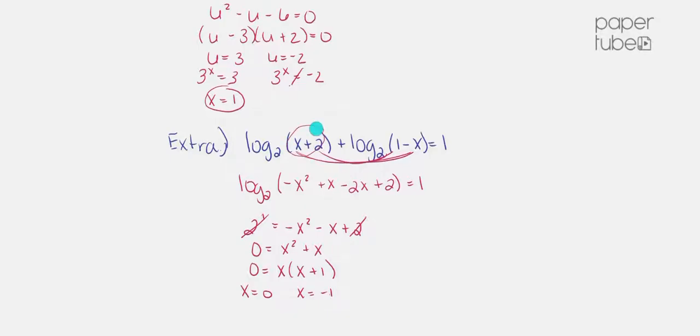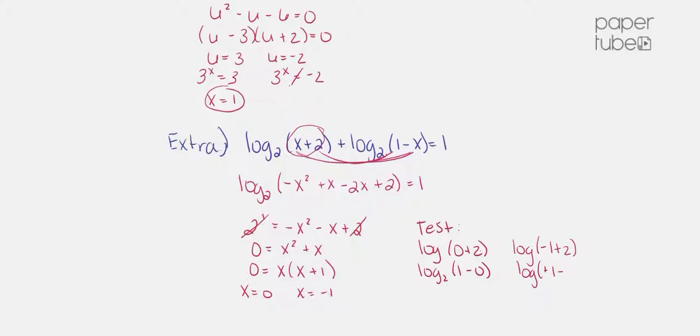So we're going to test our answers. You should always do this when you have a log as your input or as your original function, because you never know, positives can turn negative when you plug them in. So I'm just going to plug in my x values and check that those are positive inputs overall. The first one turns into a 2, the second one turns into a 1, so 0 is perfectly fine, it's not causing any issues. When I go to plug in -1 into the originals,